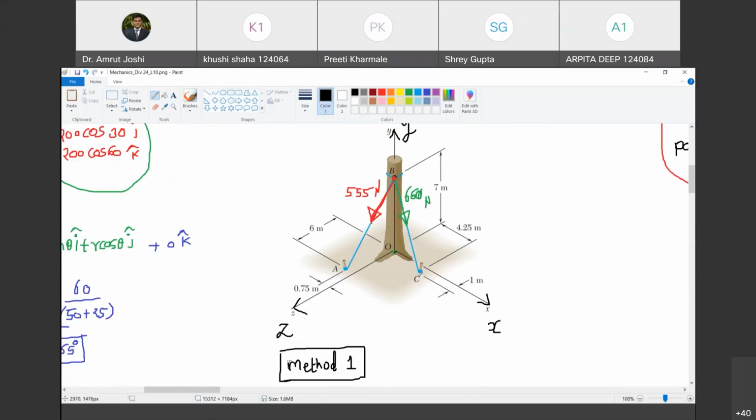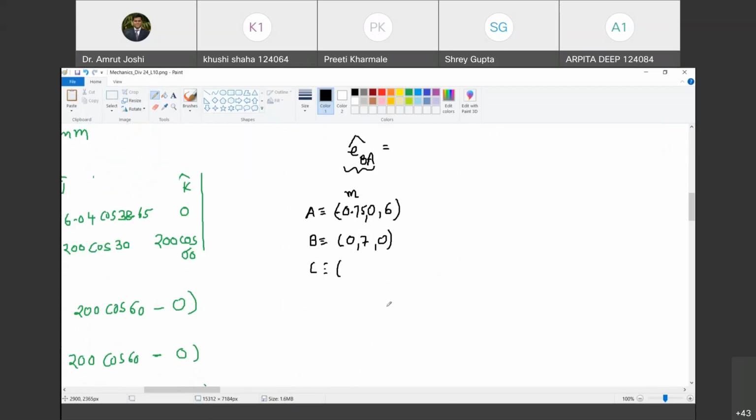Let us also write down coordinates of point C. What are the coordinates of point C? Can you tell me, what is its x coordinate? Look at point C. Its x coordinate. 4.25. Yes, it is positive 4.25 because it lies on this side along the x-axis, on the positive x side. Do you agree with me? Yes, sir. So I need your active participation. If there is any doubt, you can raise the doubt. So it is 4.25 meter x coordinate.